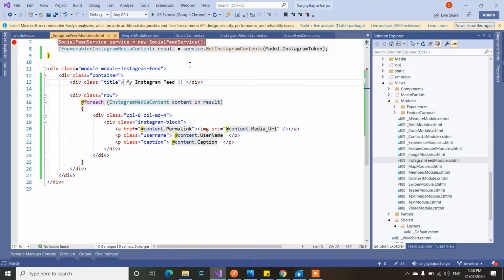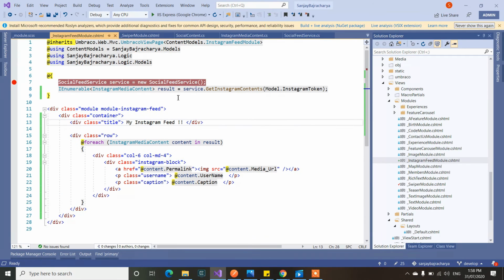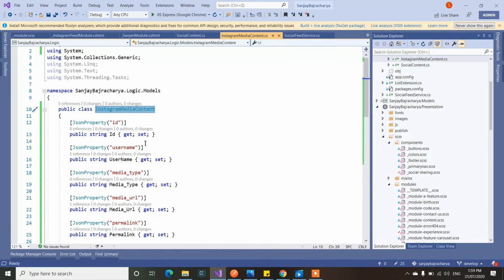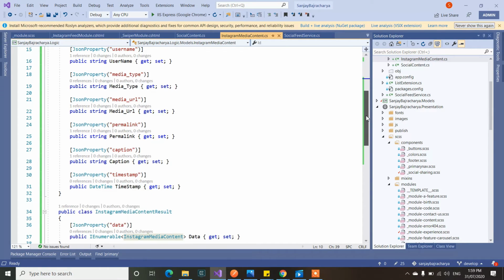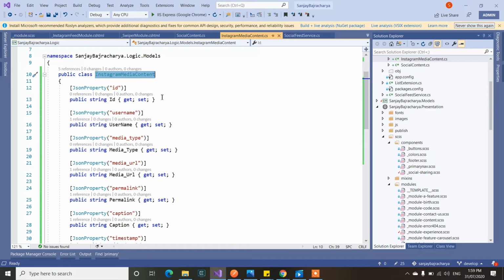So my Instagram feed. Once you get the result, in the view I'm calling this social feed service, I'm calling this method, and I'm passing that Instagram token. Once you pass that token, it will give you the result. I'm creating this Instagram media content class so that you can easily read each property and use it in your view, and not necessarily that it should be the same class. You can create your own class